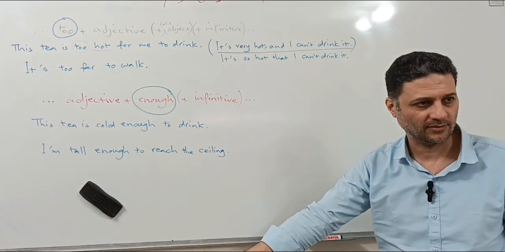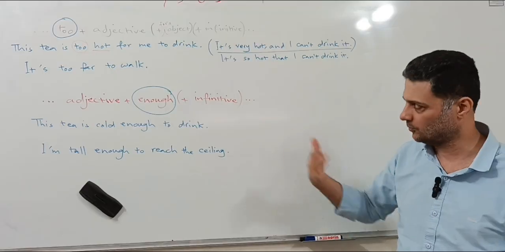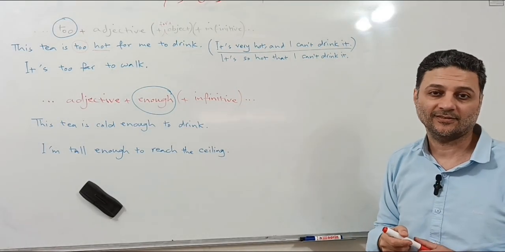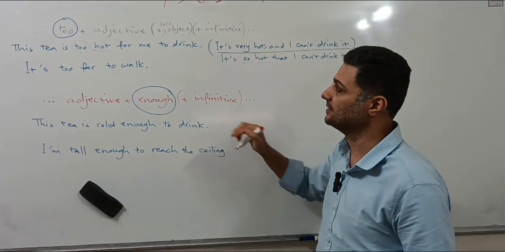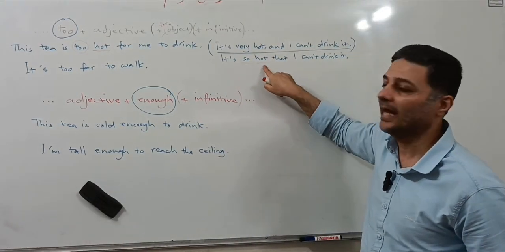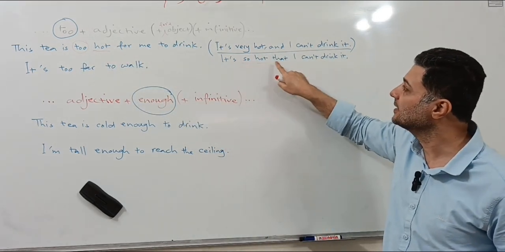I'm not going to drink it. Or, in other words, this is another structure then. It's so hot. Instead of too, we use so, then the adjective, hot. Too hot or so hot that